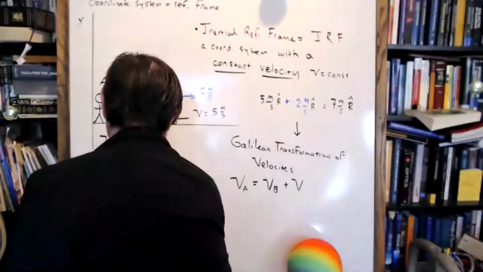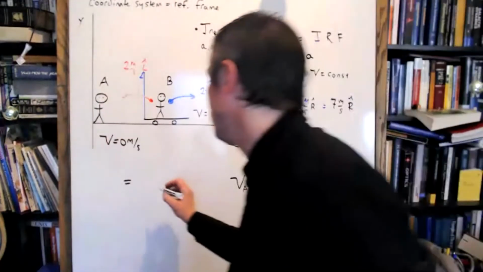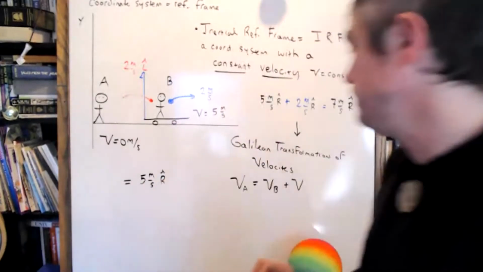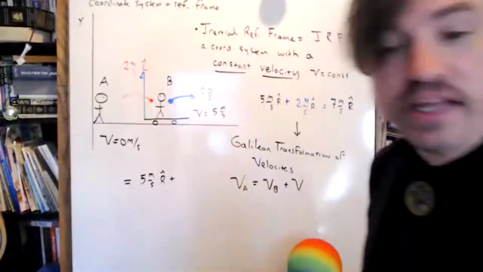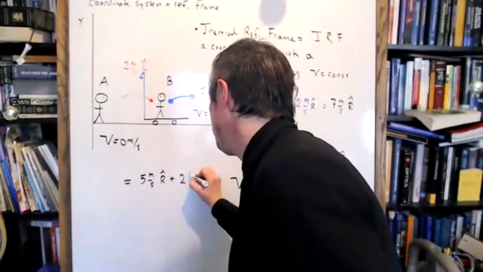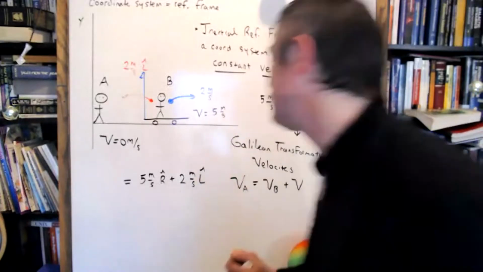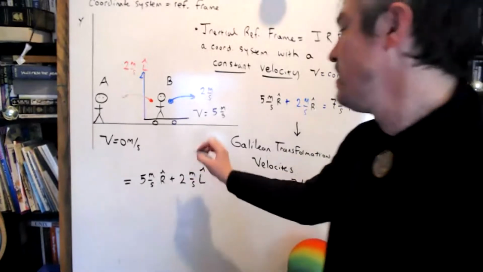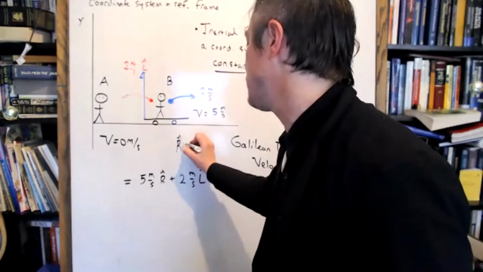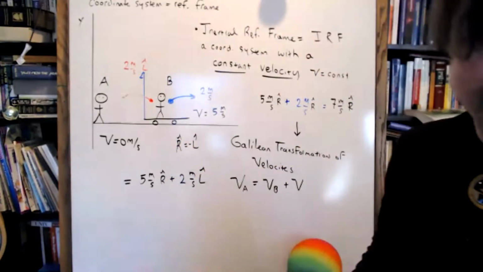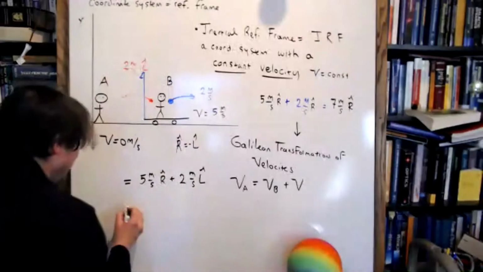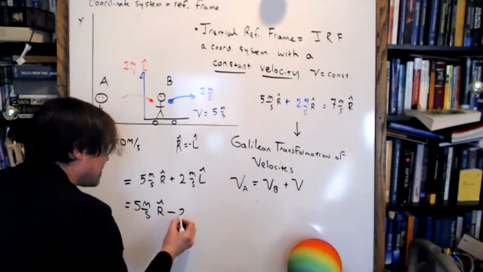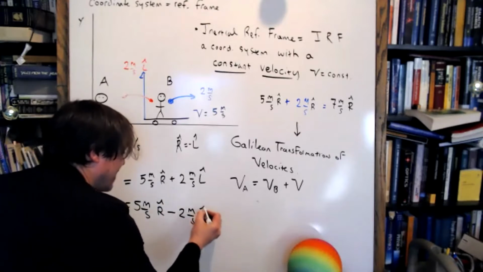So let's consider the velocity of the skateboard. The velocity of the skateboard is 5 meters per second to the right, plus the velocity of the ball, which is 2 meters per second to the left. And yet, in order to add these two, we should probably have the same direction. Luckily, I know something that's also common sense. Right is the negative of left. So what this really is is 5 meters per second to the right minus 2 meters per second to the right.